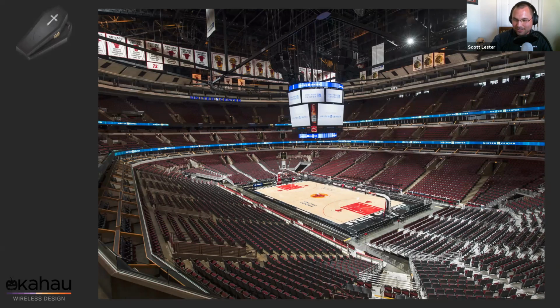I would contend that arenas are not stadiums. It depends on the verbiage there. That's just a verbiage thing, in my opinion. I think that they both can be considered a stadium of some type. For the sake of our discussion here, I don't think we'll have any kind of finite definition of what a stadium versus an arena is. We'll just contend that they have similar approaches to the designs.